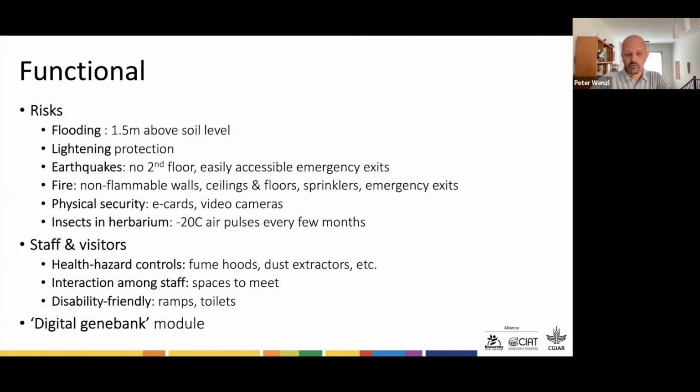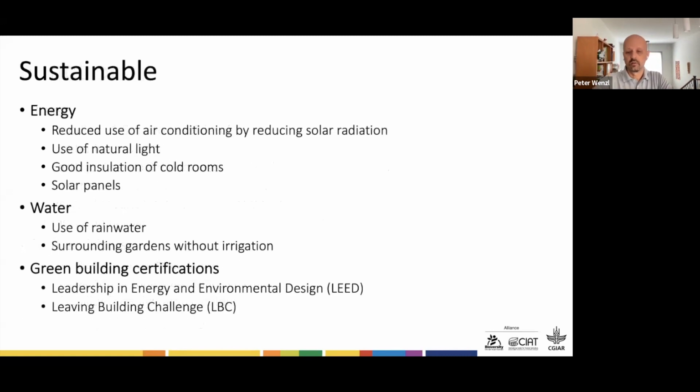It should also be supporting visitors who are disabled in terms of having appropriate facilities, ramps, and toilets, and it should have a dedicated module, a digital Genebank module, focusing on adding new data, useful, actionable data to the germplasm collections, genomics, phenomics, etc. Now, in terms of environmental sustainability,